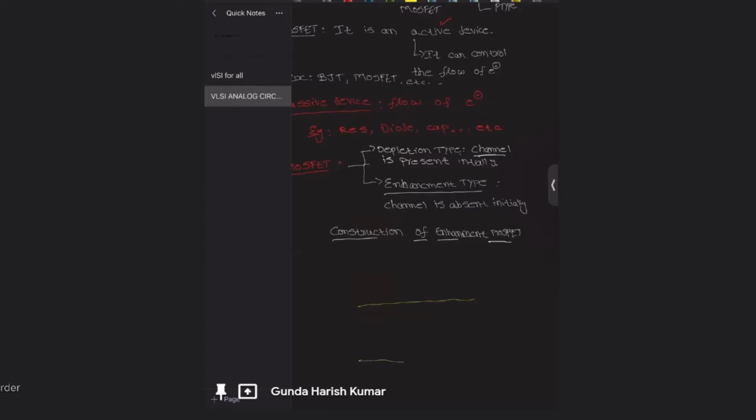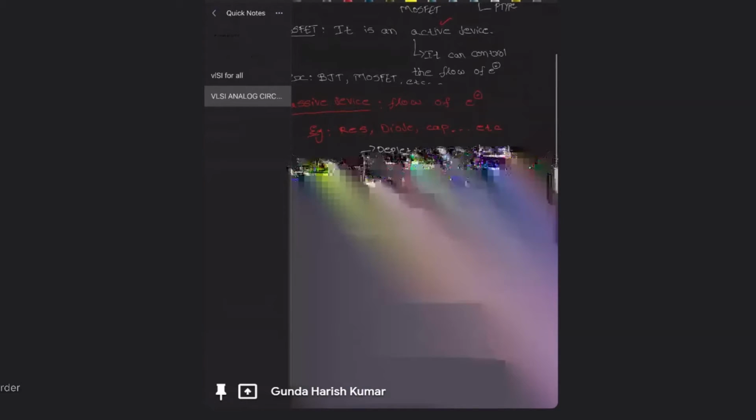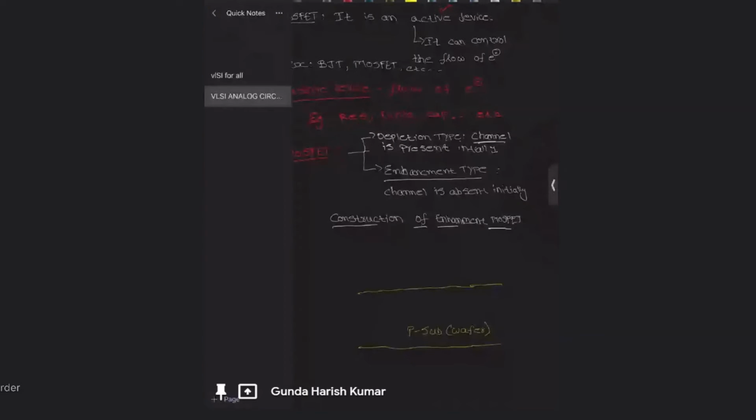Coming to enhancement MOSFET, it has a P substrate wafer. I think you have an idea about the P substrate wafer. In this, holes are majority carriers because it has a vacancy in the P type. So it has holes. This substrate we will take, and